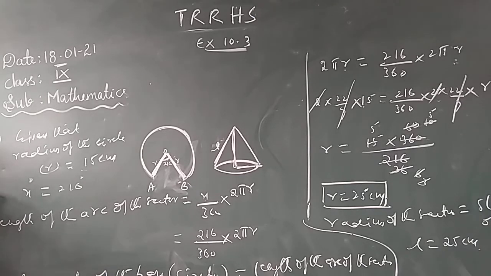So the volume of the cone. The volume of the cone is equal to the formula 1/3 pi R squared h. That is 1/3 into pi 22/7, the radius of the sector is 25 into 25 into h is 20. So simplify, you will get the answer. Multiply and divide by 21, you will get the volume of the cone in cubic centimeters. I hope we clearly understood, children.